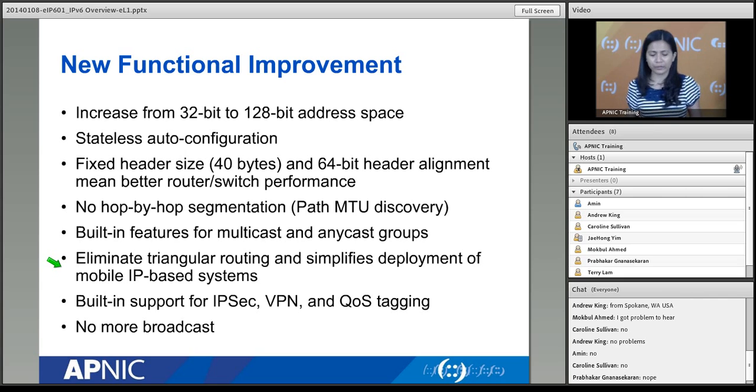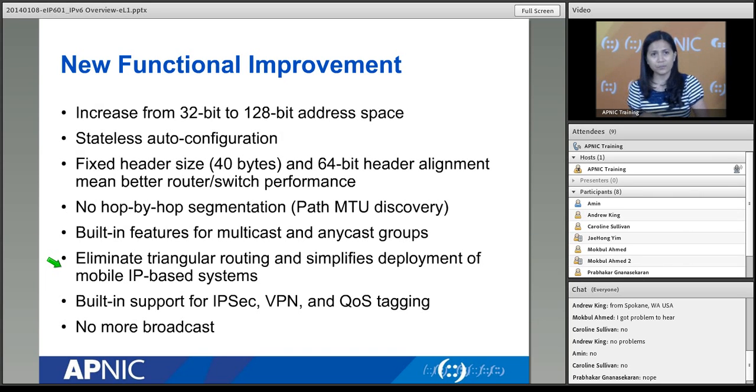We'll not look very closely at that, but essentially, when you say triangular routing, it's like when you need to send data, say you're roaming, okay? When you need to send data, with triangular routing, all of your data will have to go through your home network first before the network that you're actually corresponding with. So it's a bit laggy because you have 3 points to always connect to.